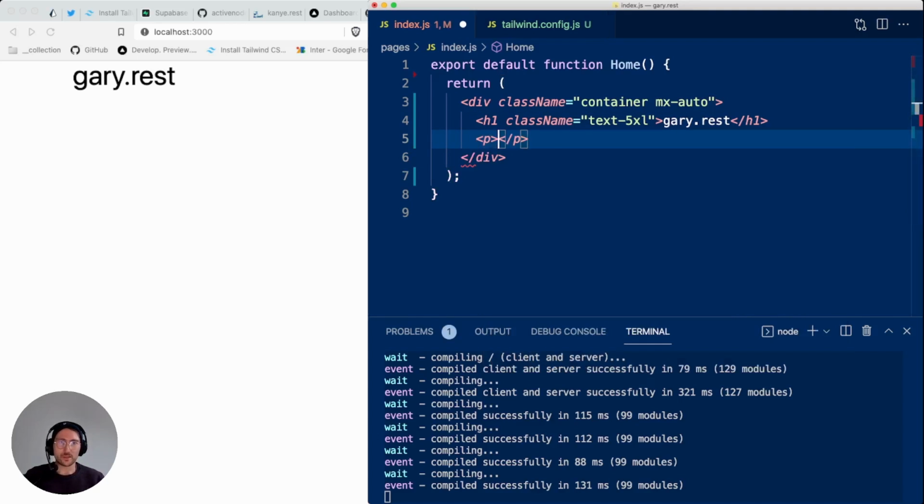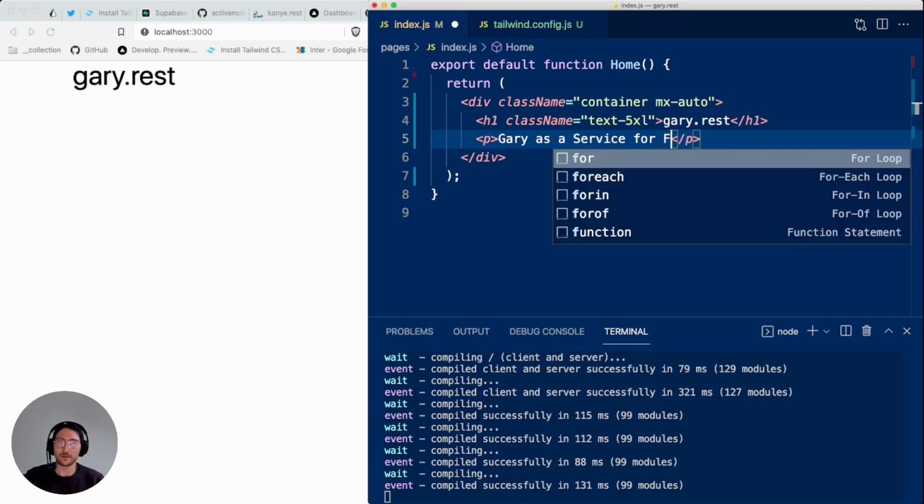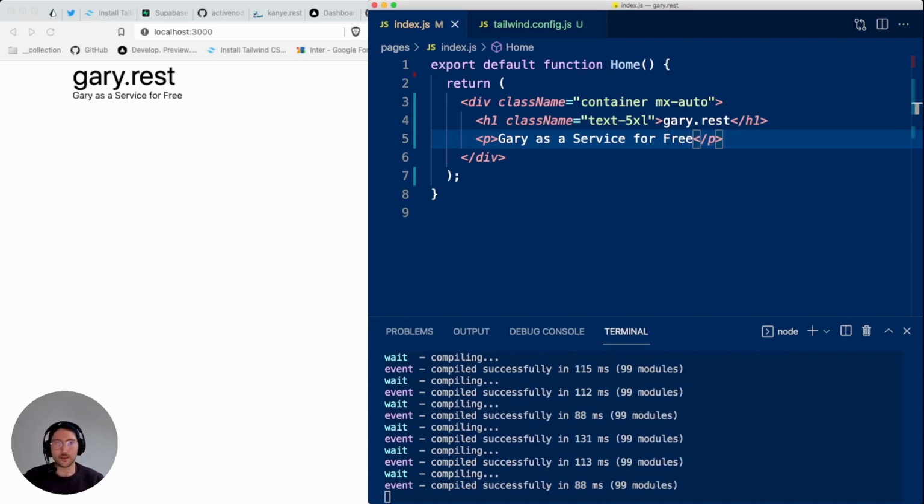And then we want a subline, Gary as a service, for free. And that is a bit too close to the h1, so we add margin top, and margin top is fortunately just mt and then a number, so maybe mt-2. Yeah, that looks okay.